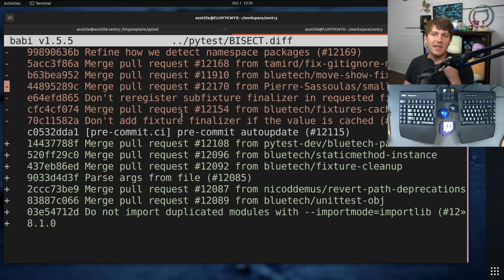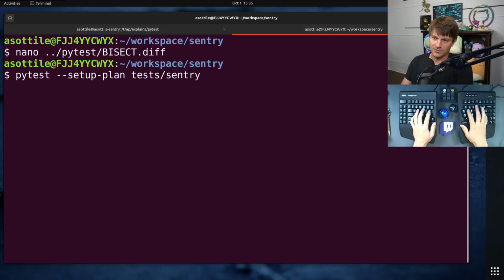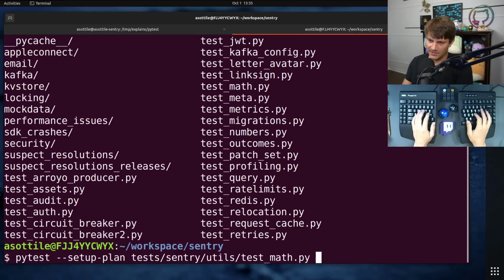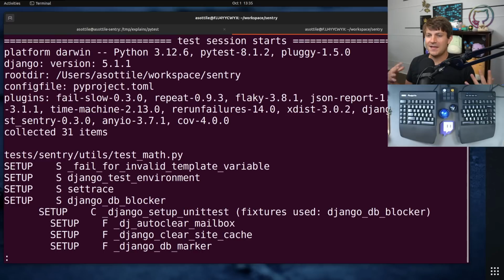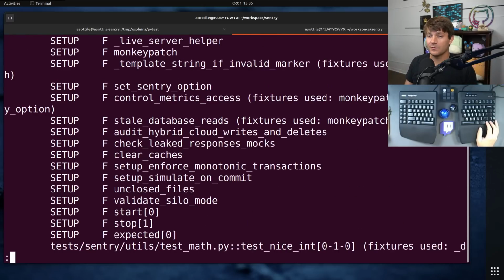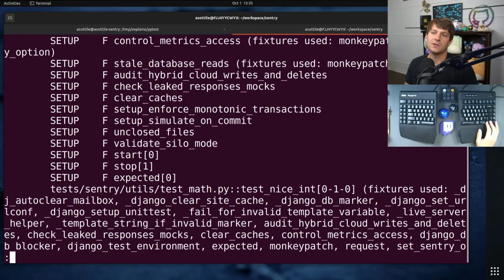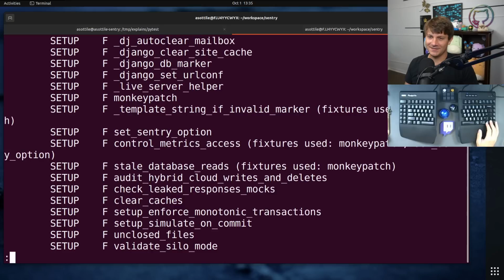And so I thought that that was maybe the problem here. Pytest has this helpful option called setup plan. If you run it on some random test, test math, that sounds like a test we can run it on, it will tell you the list of fixtures and tests and other stuff, and the order that they're going to run in, such that you can visualize how the test suite executes. It's fairly noisy because,